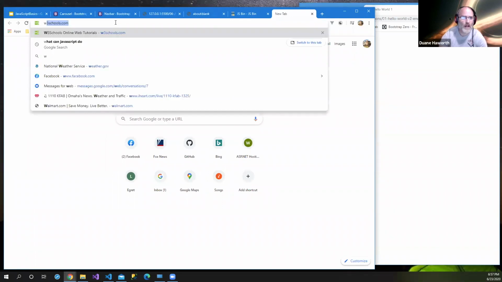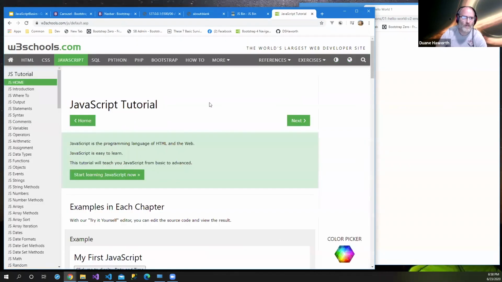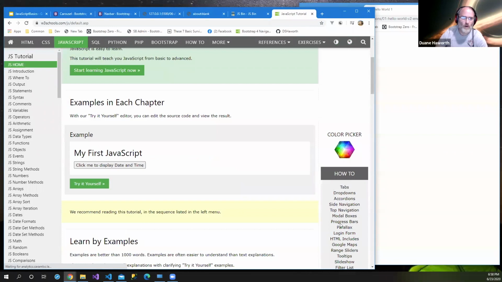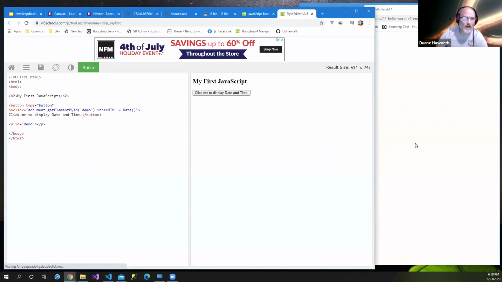previously, but we looked at that for Bootstrap just to see what kind of interfaces can be created with JavaScript and HTML and CSS. But there's also JavaScript itself. There's a JavaScript tutorial in there where you click on me display date and time, and it displays the date and time right there. What's great about W3 Schools is the ability to click on the try it yourself and